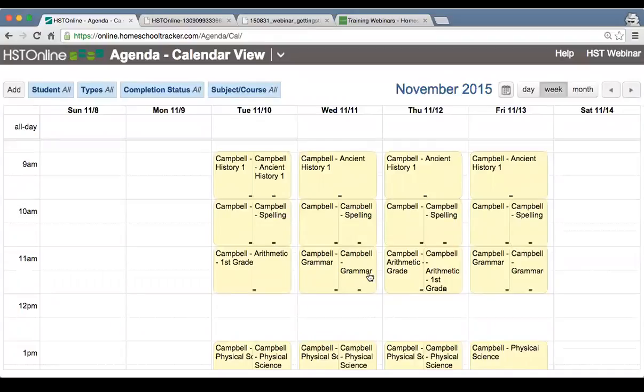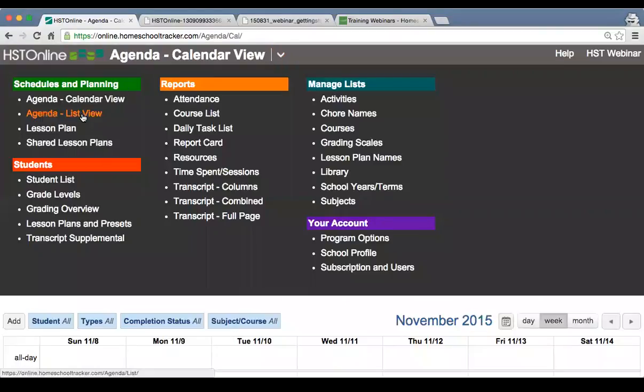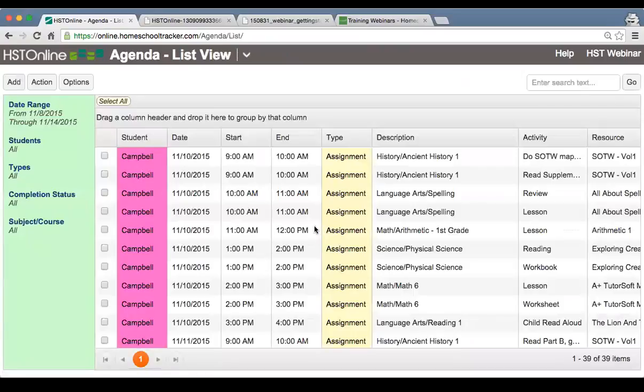The other rescheduling situation that happens a lot is, let's say, Campbell was sick again on Tuesday, but rather than push everything forward a day again, we don't want to fall too far behind. So let's say we want to basically double up her work on Wednesday so that we can stay on track. If I go back to the list view and select just the items from that Tuesday,